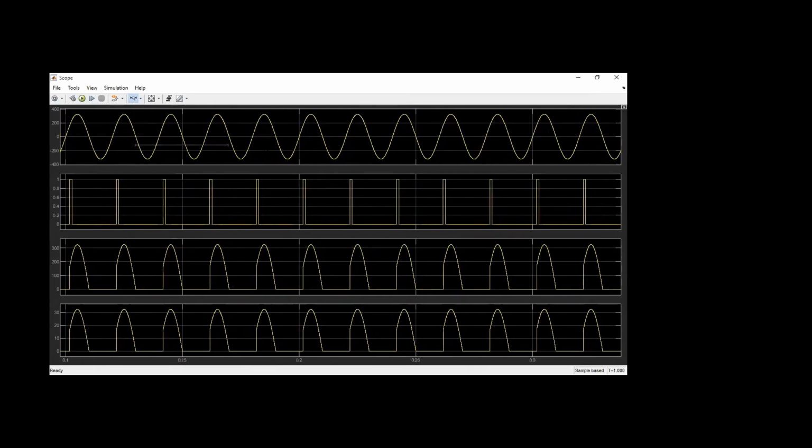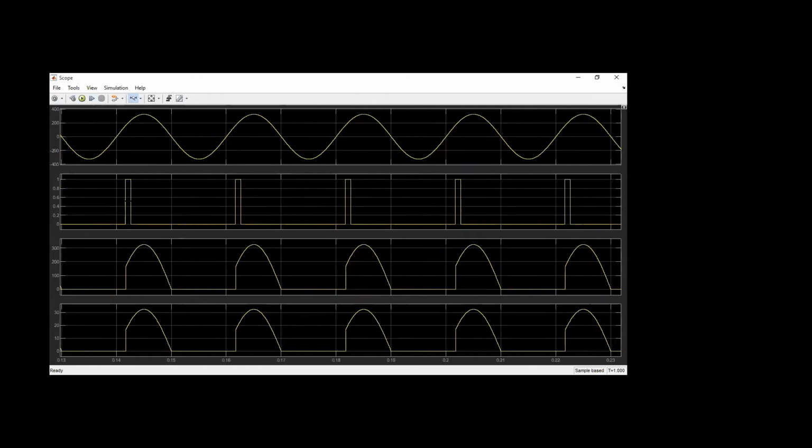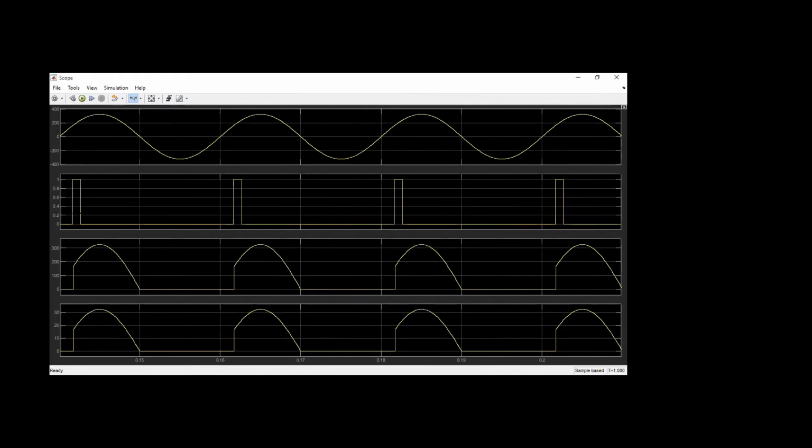See, what I have considered is this is my input voltage. I have taken a 30 degrees firing angle. When I consider a 30 degrees firing angle, if you observe here, exactly at 30 degrees you are getting this half wave control. The first one is the input voltage. Now the pulses I have taken at 30 degrees, and at 30 degrees it has started conducting. Next half cycle, it is a half wave rectifier, so the negative half cycle will not conduct. Again one more positive half cycle will come after 180 degrees.